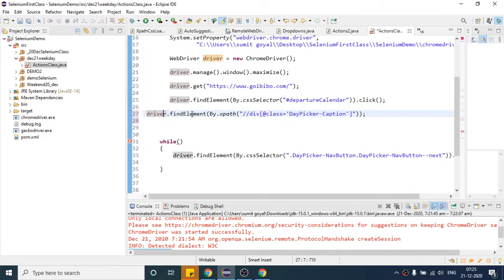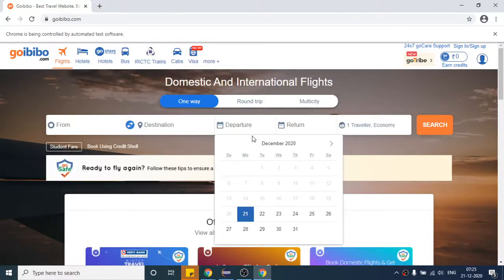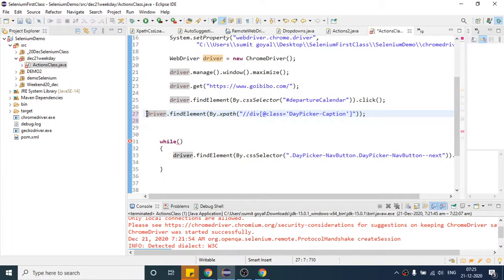I have written the XPath for one particular element, this December 2020, so this is also a web element. So I can keep that in one variable on the left hand side. I will create a variable of type web element, I will say year month, and capture it like this.